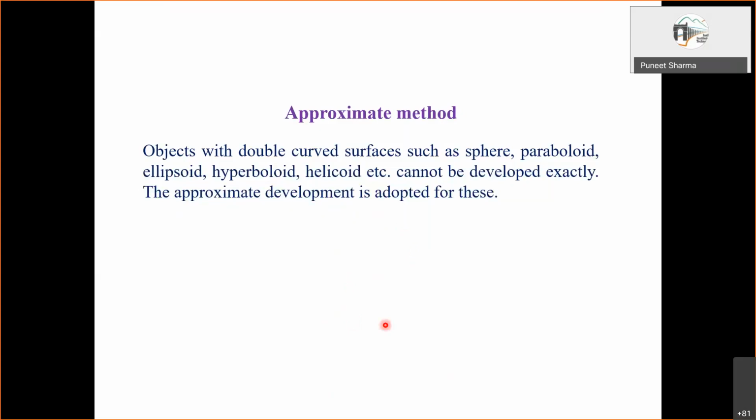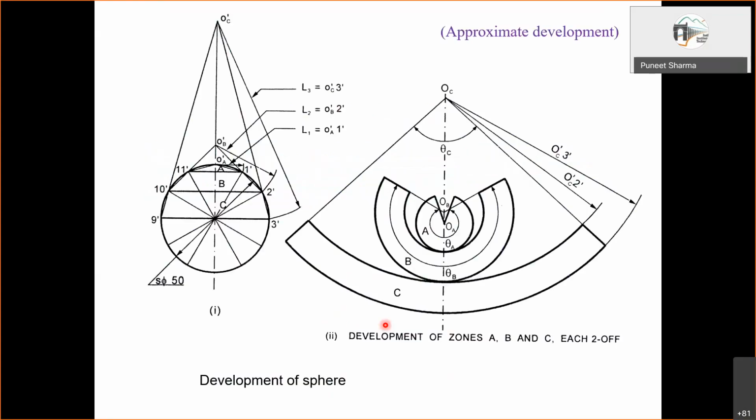So just in brief, I'll tell you the approximate development of a sphere, right? Of course, that assignment I am not giving, but at least you will know this. So you see here the approximate development of a sphere has been shown. Since it has two curvatures, I have one method on the slide, I'm explaining that.